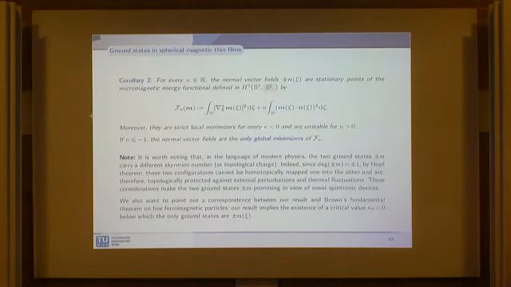But what is interesting is that at least these vector fields, which are minimizers of the relaxed problem, have unit modulus. So we were able to prove that plus and minus n, the normal vector fields, are stationary points of the magnetic energy function for every kappa in R. You can see this just by writing the Lagrange equation. But they are strict local minimizers for every kappa less than 0, and they are unstable for kappa greater than 0. Also, for kappa sufficiently negative, the normal vector fields are the only global minimizers of our function.